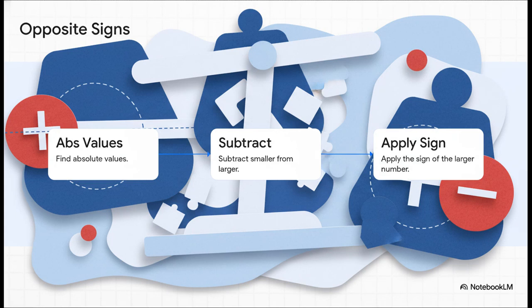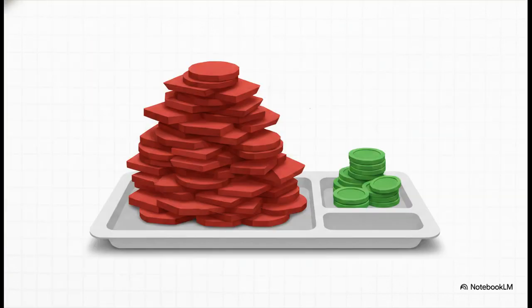with these 3 steps. Step 1. Find the absolute values. That just means look at the numbers without the plus or minus attached. Step 2. Subtract the smaller value from the larger one. Step 3. Apply the sign of the number that had the bigger absolute value. So, the crucial point is, whichever number has the most weight, the biggest absolute value, that's the one that dictates the final sign. Let's immediately put those 3 steps into practice with a classic scenario, paying off debt at the